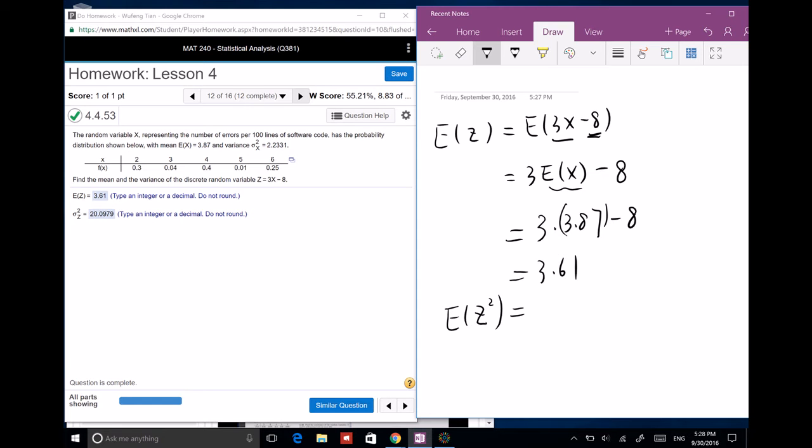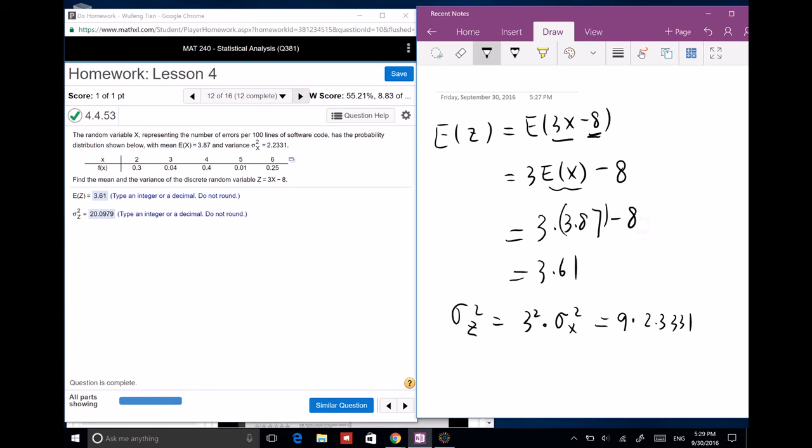So if it's 3x, it's going to be 9 sigma z square, not e of square. Sigma z square equals the coefficient 3, so it's 3 square times sigma x square, which is 9 times